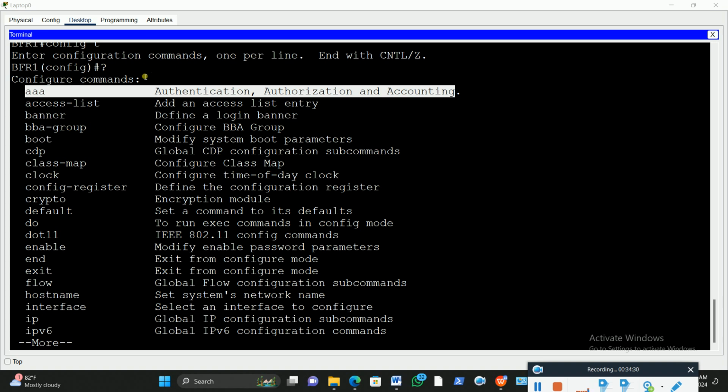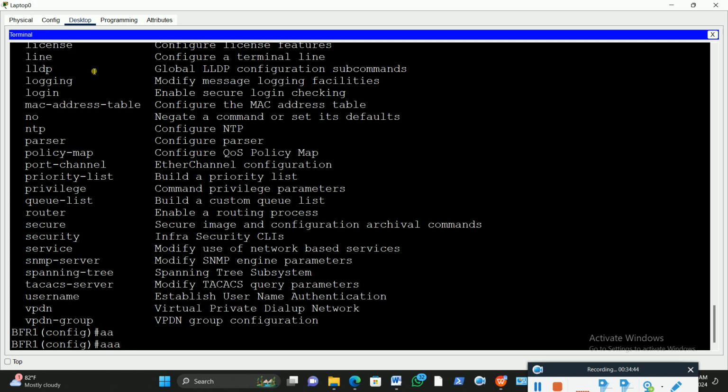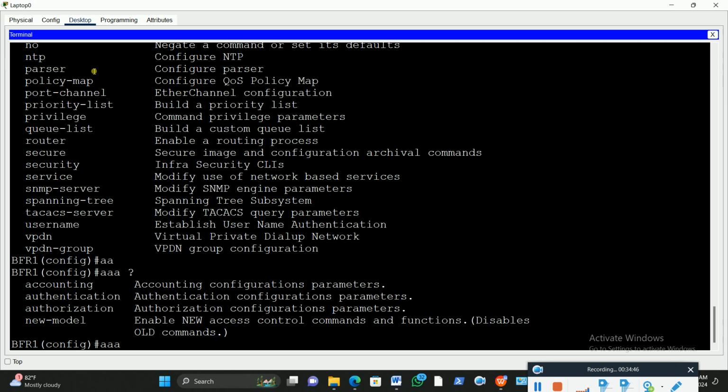You have the AAA over here, so we are going to make sure that the router also accepts AAA. So press the space bar, then we'll configure. You type AAA, then press the tab key, then bring the question tag. You see we have new-model. You have to choose new-model to enable AAA because the router